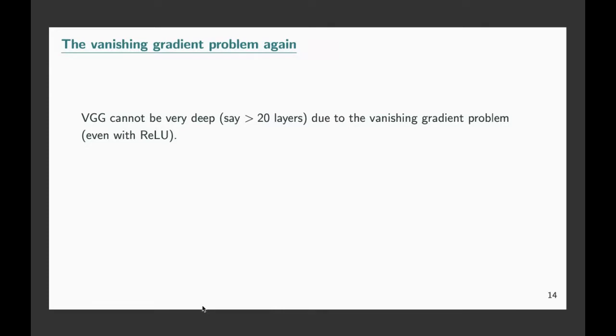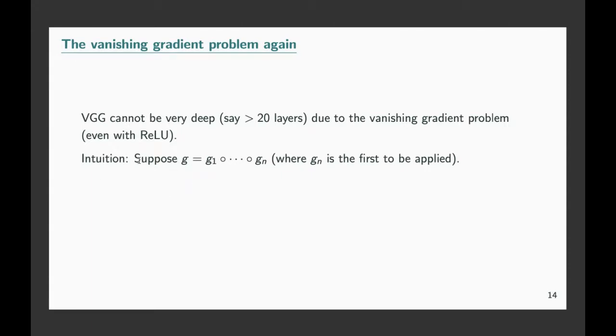Okay, so the VGG that won that competition had less than 20 layers. They cannot have much more layers than that, because then you run into the vanishing gradient problem, even if you use ReLU. So just a reminder, what's the vanishing gradient problem? It's that to optimize your network, you have to compute the gradient, and the network is a composition of several layers. So if there are a lot of layers, the gradient is a multiplication of a lot of Jacobians, and it is easy that the parameters in the first layers